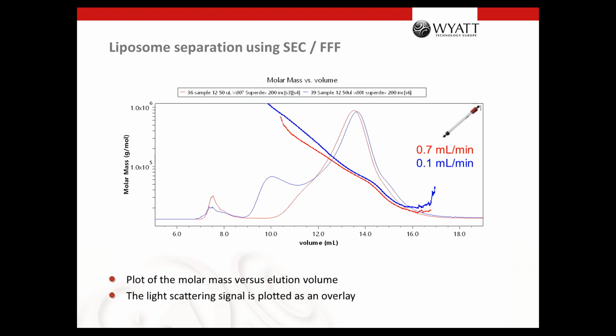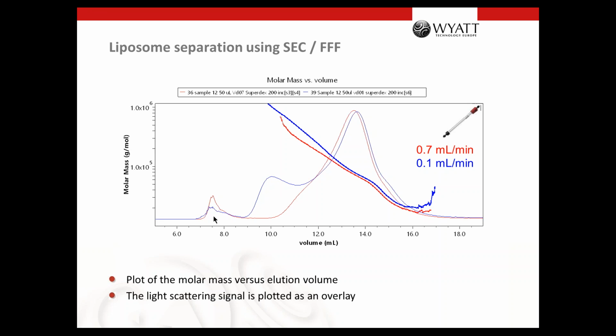Then we tried another flow rate, because we had the feeling that, because of the light scattering information, something is wrong. I will show that in the next slide. But when we use the flow rate of 0.1 milliliter per minute, you see a totally different chromatogram. This shoulder is a bit stronger on this side, and you see a 4th peak here with a huge molar mass. So it means that there is somehow interaction with the column bed.